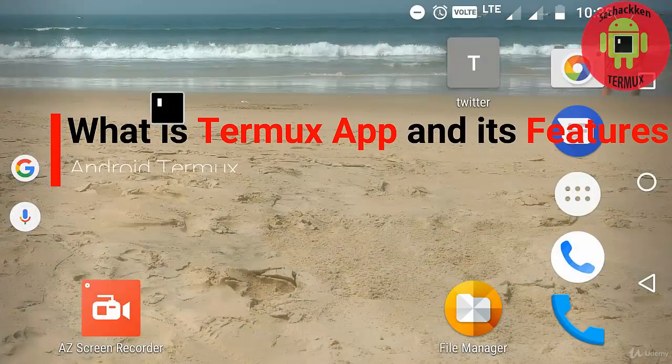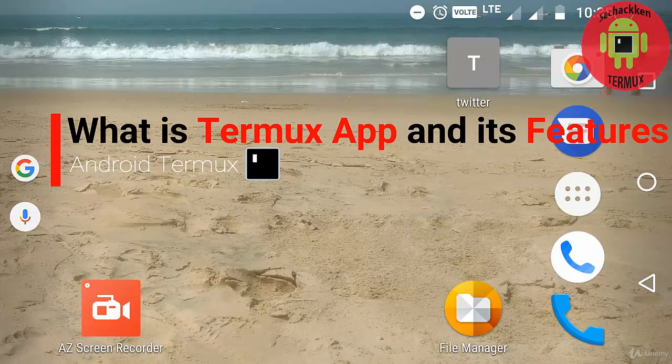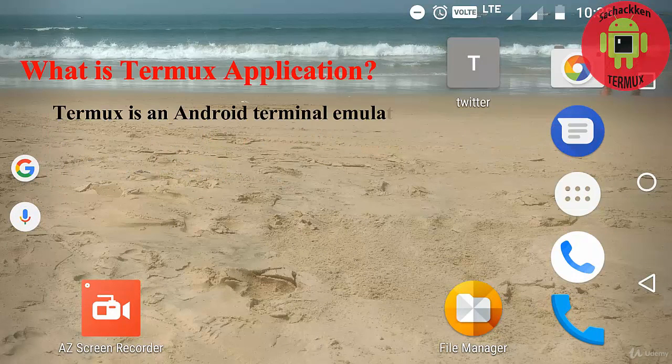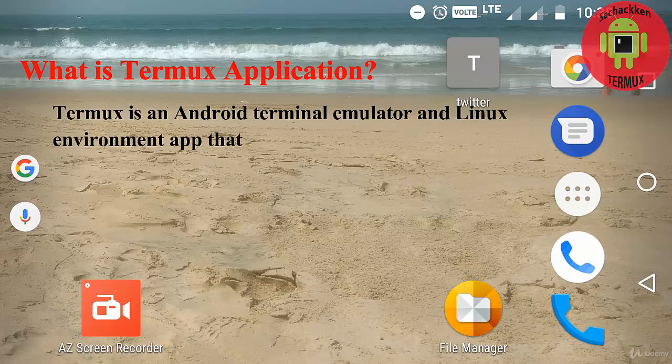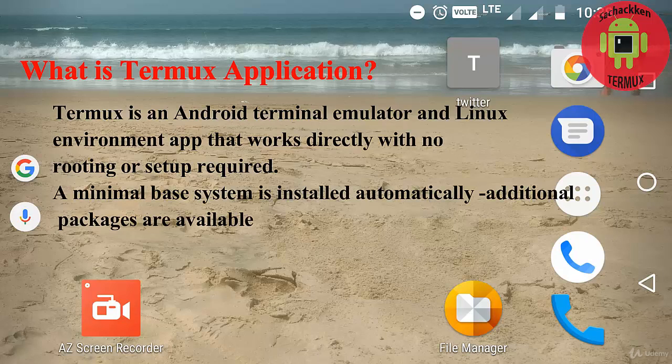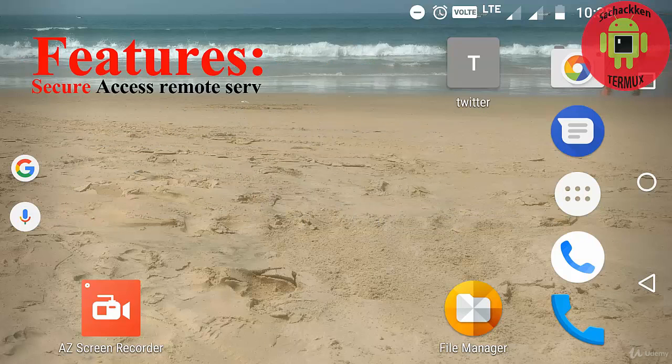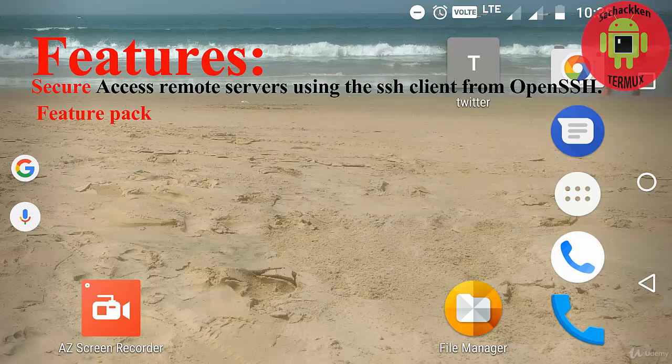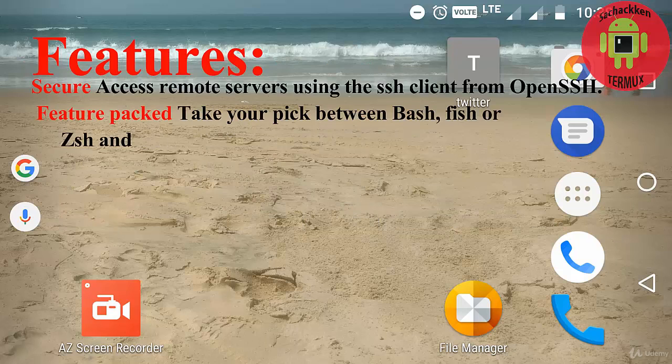Hi, in this video we are going to see what is Termux application and what are its features. Termux is an Android application emulator and Linux environment app that works directly with no rooting or any set requirements. A minimal base system is installed automatically. You can add additional packages by using the apt package manager, and it is also secured for remote services using the